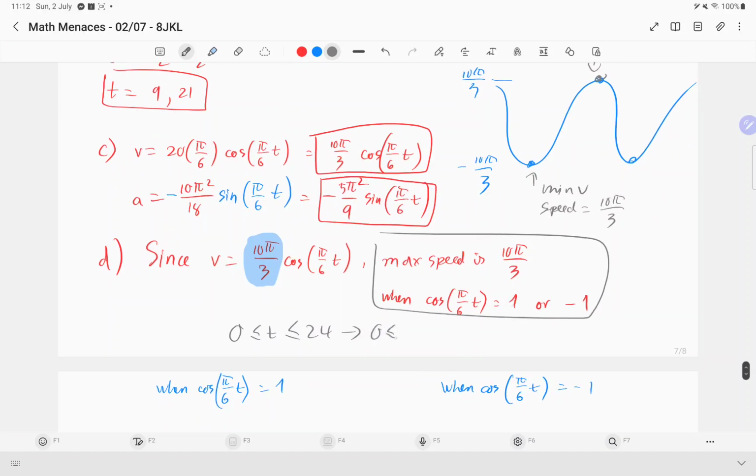Forget the max speed is 10. The maximum magnitude of the acceleration, how do we do that again? Same idea as question D. You need to look at the acceleration equation and deduce something from there. You equate it to 5, so